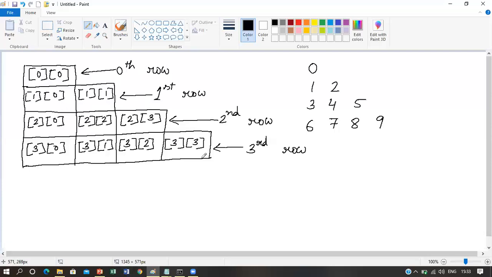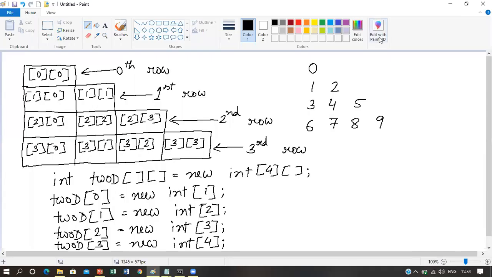So if you want to allocate memory for this kind of structure, or if you want to print a pattern like this which will follow these kind of structures, you can do it like this. This is how you can allocate memory for this kind of structure. Here in this statement, we have shown that only the leftmost dimension or the row dimension has been allocated, and then the column dimension is left blank, it is not allocated. Then after this statement, in the rest of the four statements, we have allocated this column dimension manually.